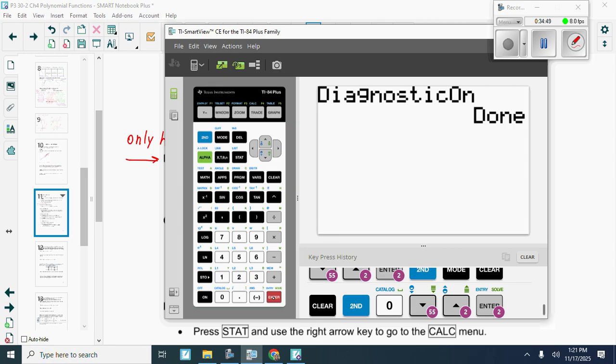How'd you get this one? I might have a slightly older calculator on the screen. If it doesn't say done, it's probably